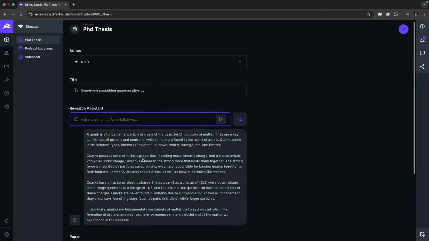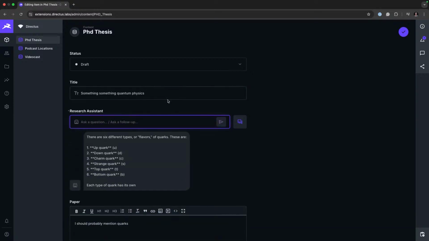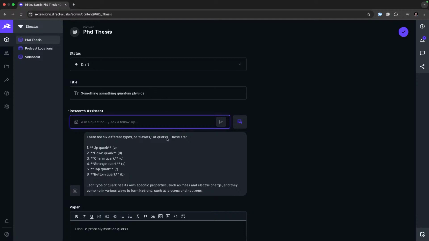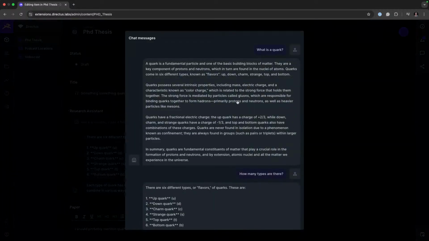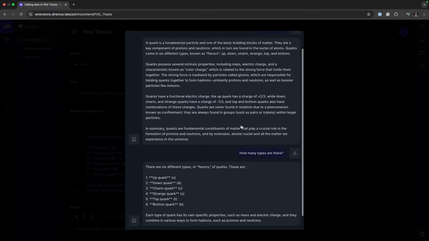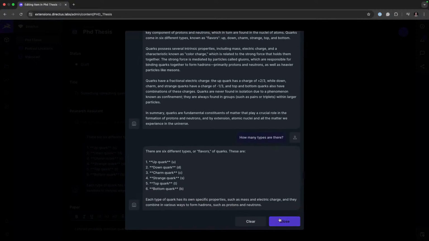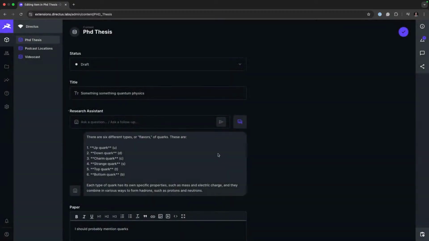And it does it in great depth. How many types are there? And since we've been asking separate questions and we want to keep the context of the conversation, the entire conversation is available in this pop-out, whilst still maintaining the main value. So we can close that